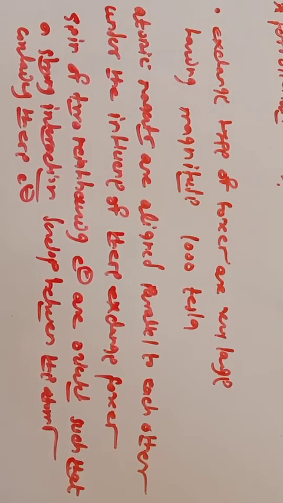So the net magnetization is very high as compared to the paramagnetic material, no doubt. If you consider the ferromagnetic material, there is a strong interaction between atomic magnets, and these interactions are due to the exchange of electrons. The exchange of electrons is very fast, so the atomic magnets are aligned parallel to each other